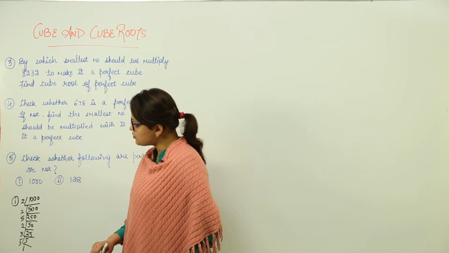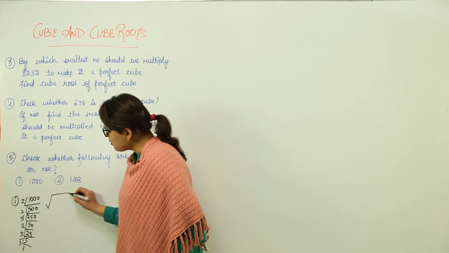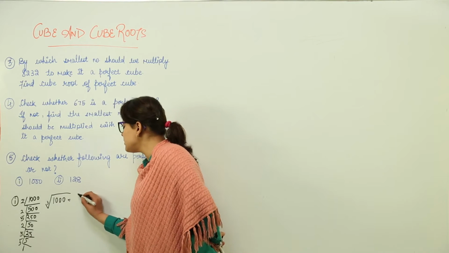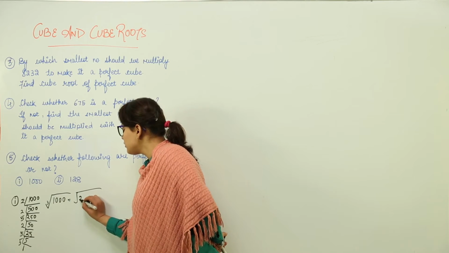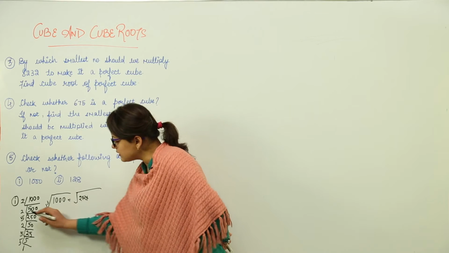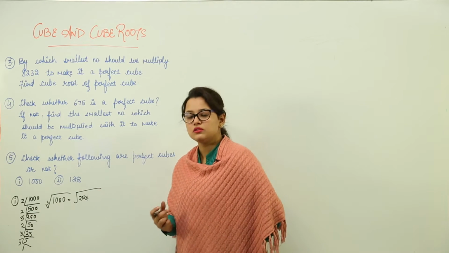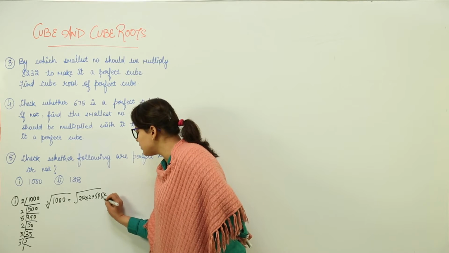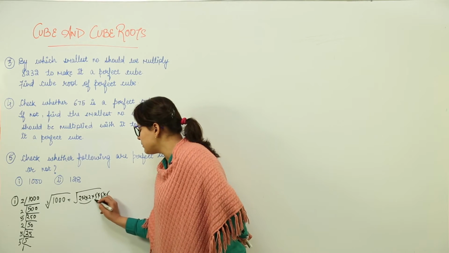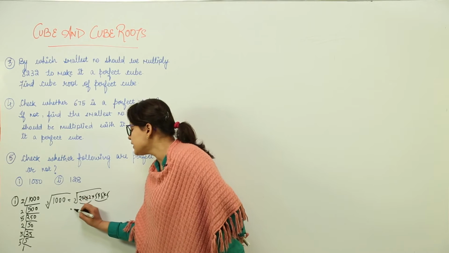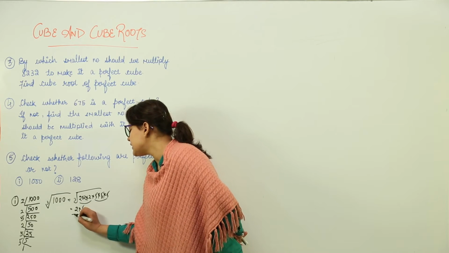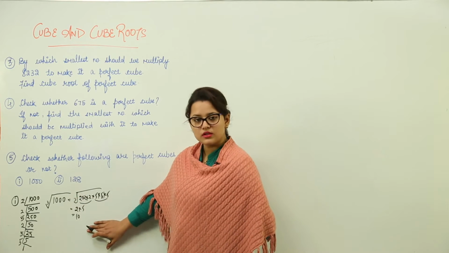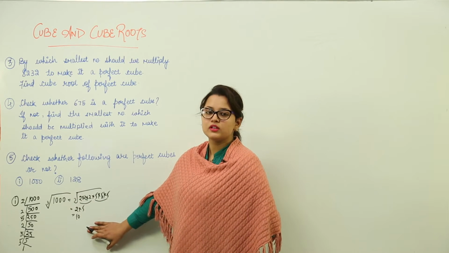Now over here, if you check, what will be the cube root? If it is a perfect cube, it will have a cube root that will be equal to the cube root of 2 into 2 into, let us write all the factors in increasing order. So I am writing 2 into 2 into 2, 5 into 5 into 5. Now if I group them both, what do I get? 2 into 5, that is equal to 10. That means if this has a cube root, it is a perfect cube.